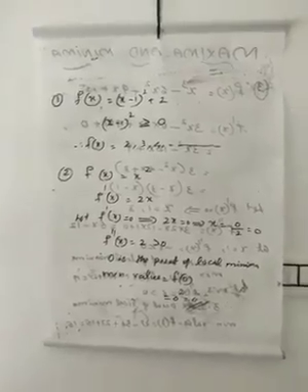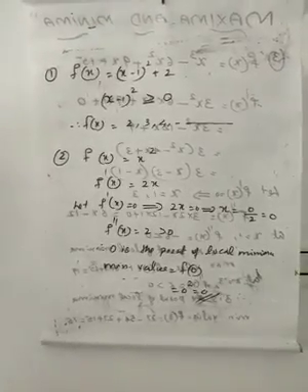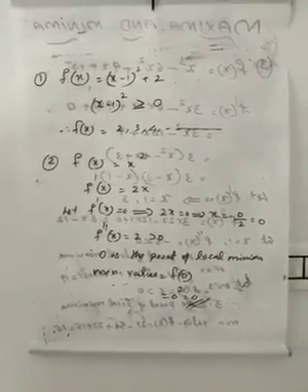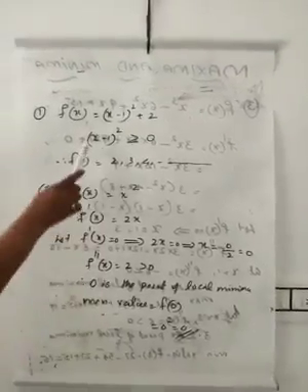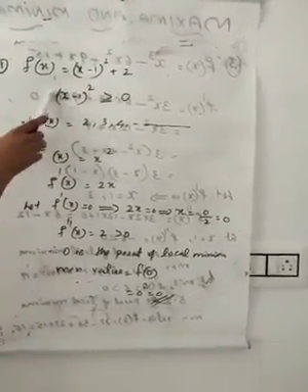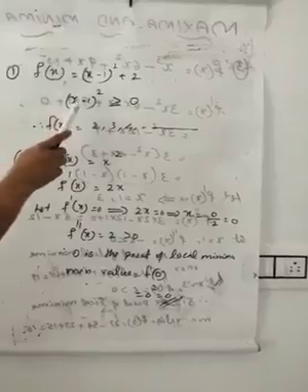Okay, and the direct condition is: f of c greater than f of x, c is called the point of maximum, and f of c less than f of x, c is called the point of minimum. And here the first term is a perfect square, greater than or equal to 0. And similarly we can do the modulus question and trigonometric question.